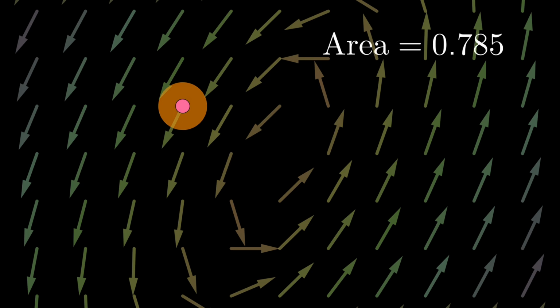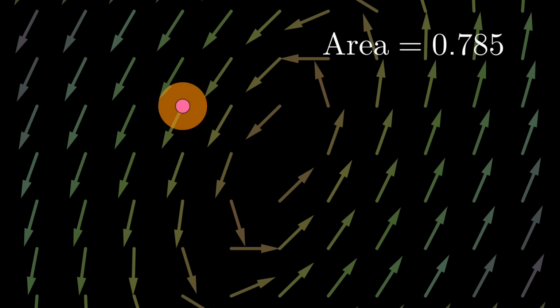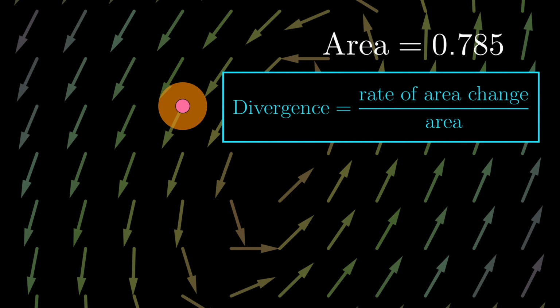Given a particular vector field, we can define divergence at a point, say this red dot. We now consider a very small region around this dot and write down the area of this small region. The next thing is to let every point in this small region evolve together along the vector field. As you see, the area of this region changes. For divergence, we are interested in thinking about how quickly the area changes initially, per area, as the area of the initial region shrinks to 0.